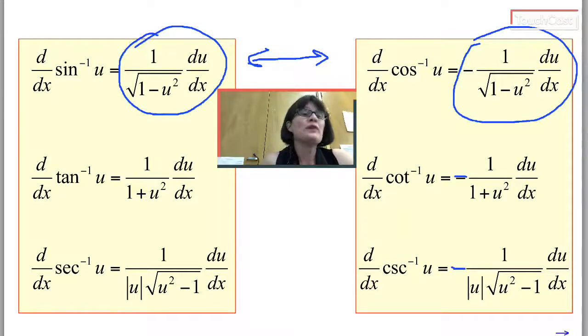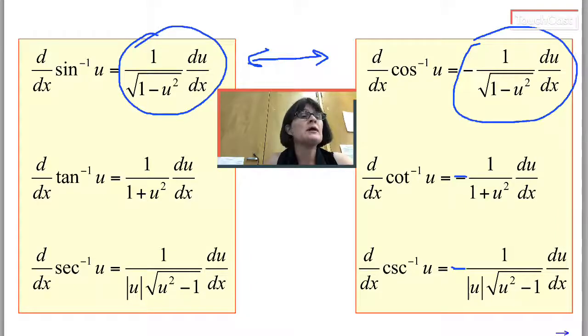So derivatives of inverse co-functions are opposite. I will publish a separate video, which is optional, to tell you why on earth the derivative of inverse sine of x is 1 over square root of 1 minus x squared. Not required, but it is required that you know these formulas because we're going to use them in class and